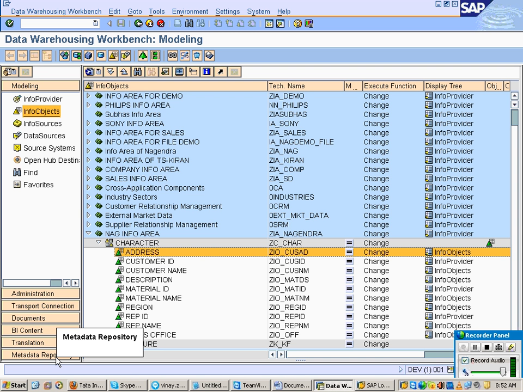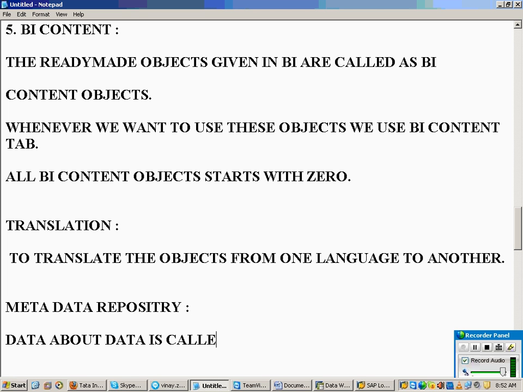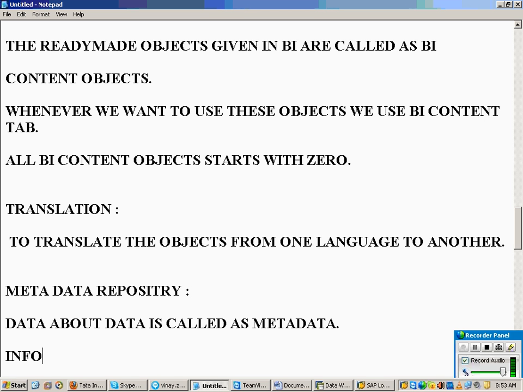So, metadata repository. So what is metadata? So metadata repository, you know what metadata is? Data about data is called metadata. Now I want to get any information. So what you can do in metadata is you can get the information about all the